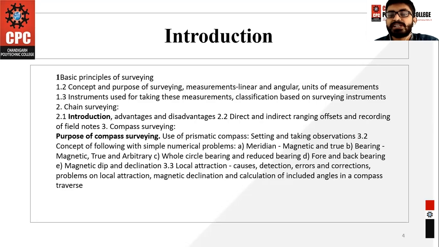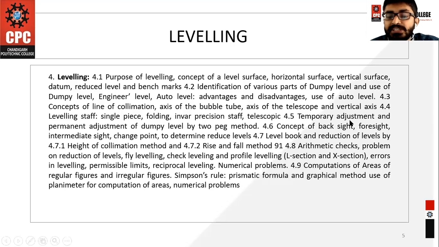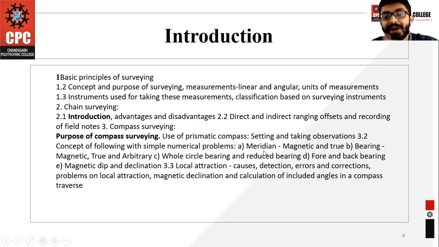And the angular measurements. What are the angular measurements? Angular measurements are the angles taken. The angles are usually taken with the compass survey, the theodolite, the tachometer survey. These are the instruments used to take the angles of buildings and angles of the ground. This angular measurement is taken in radians. There are various methods, like the whole circle bearing and the reduced bearing, that are used for angular survey.